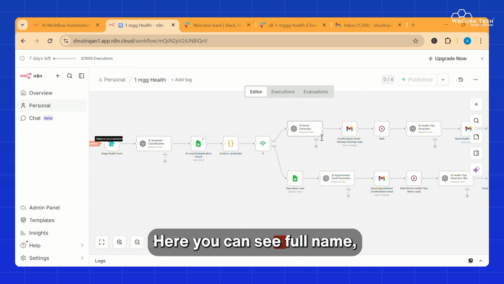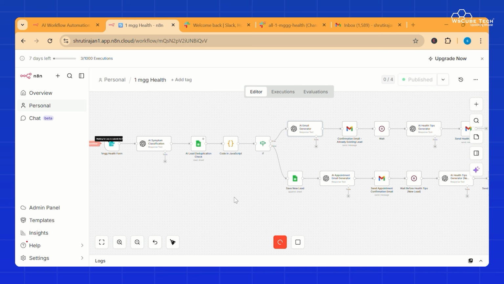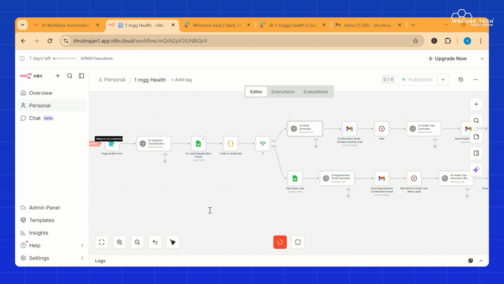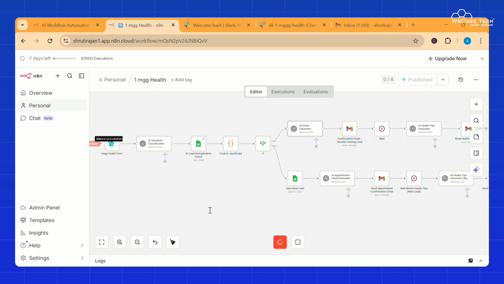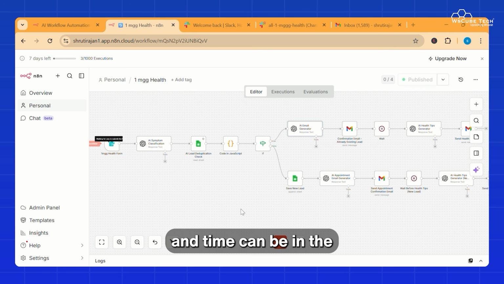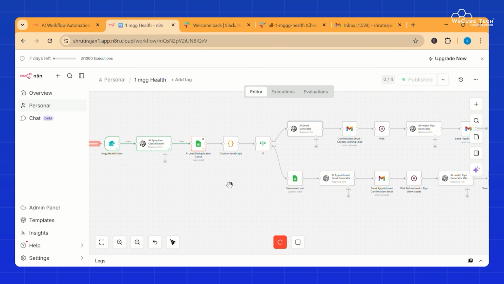Here you can see full name, email, phone number, primary symptoms, urgency, and preferred consultation time. Every option is given over here. So I'm going to fill up the form. Let's say symptoms can be neck pain, urgency can be moderate, and time can be in the morning. And let's submit. The form is submitted.